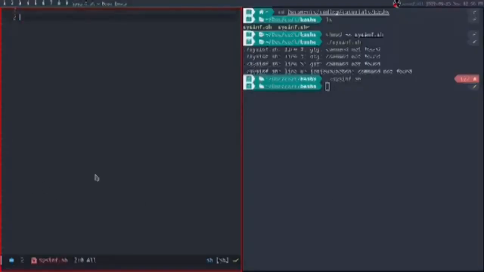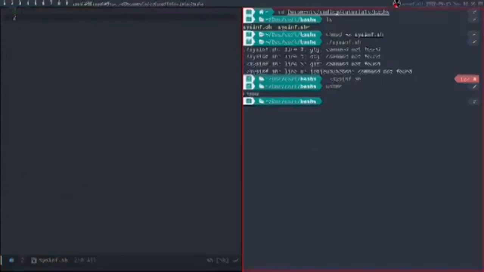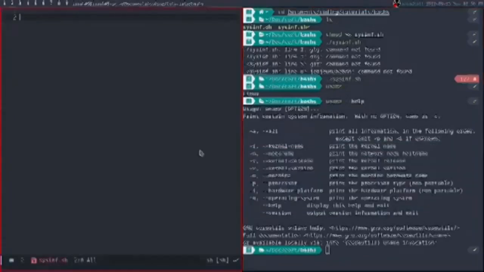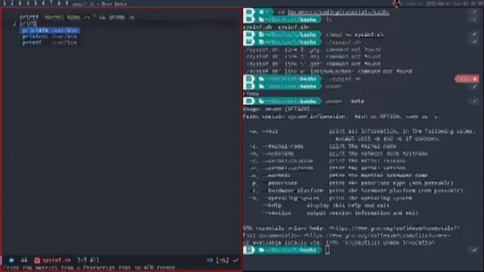So anyways, to do this, we're going to be using the uname command. So if I use uname --help, it shows all of these. So now we could put all of those in printf. So I'm going to say printf "Kernel name" and uname -s. I'm going to disable all the others. So I'm going to say printf "Node name"